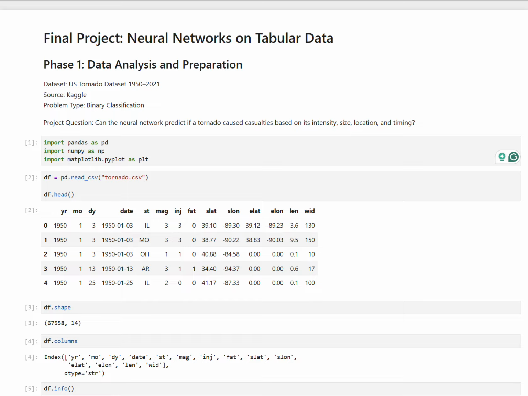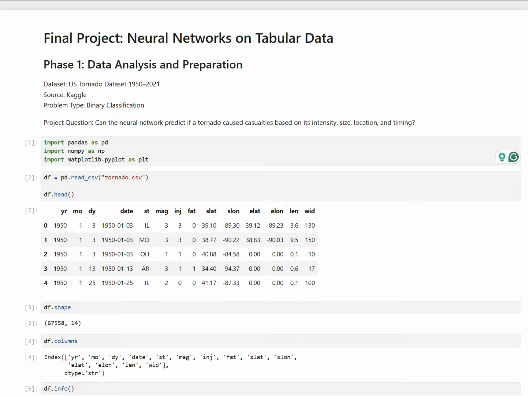So basically, I wanted to do something that was interesting to me, and one of the biggest things for me was weather. I love weather. I'm a total geek about it. I love watching it. I love learning more about it, how weather develops. So I wanted to do something in that range.